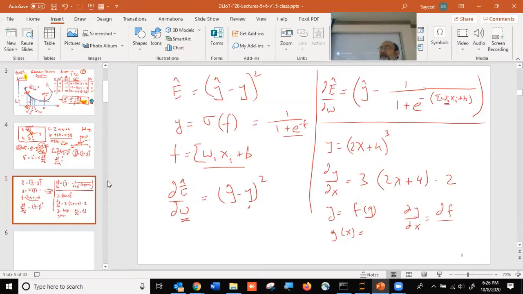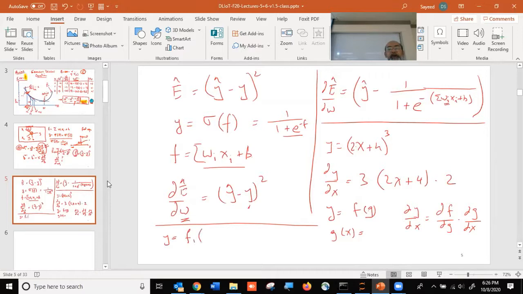We take the derivative of f with respect to g, right? And then we take the derivative of g with respect to x, okay? So this is a very straightforward chain rule. In fact, if you take this further, if you say that y is a function